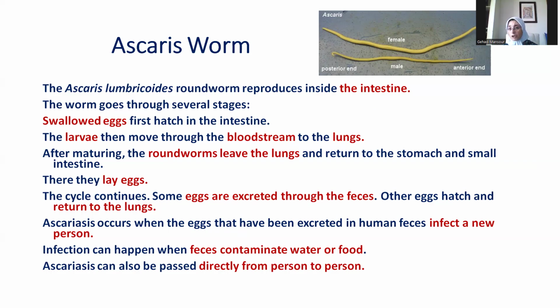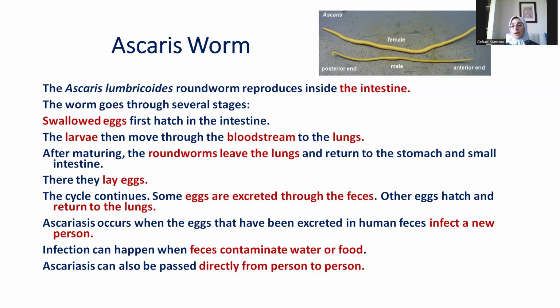Some of them hatch in the small intestine, become larvae, reach the blood and then the lungs, and then cause coughing and become adult worms. And some of them are shed with the feces into water and therefore can reach food. So the eggs are laid into the cavity of the small intestine. Not all of them hatch. The ones that hatch give larvae. The larvae reach the blood and then the lungs and then develop into adult worms and return again to the small intestines, whereas the eggs that do not hatch are shed into the fecal matter, into water, and then into food.